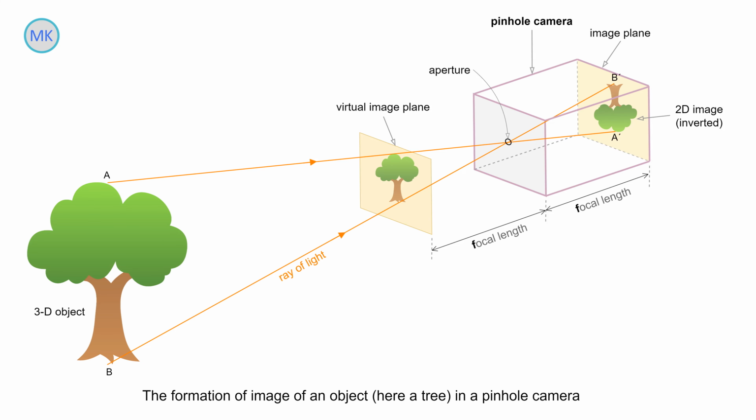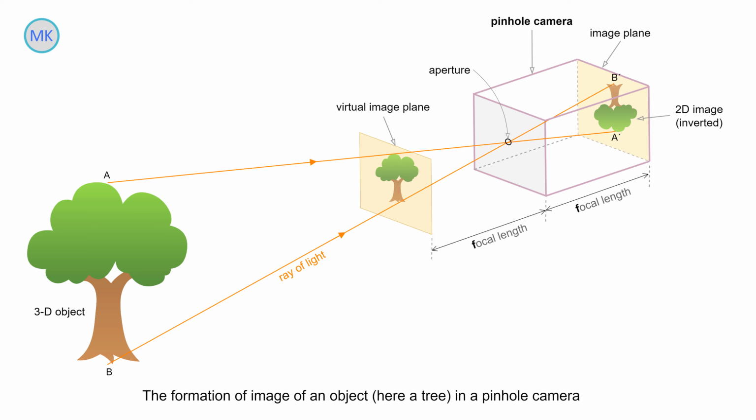A pinhole camera is a simple camera without a lens and with a single small aperture. Light rays pass through the aperture and project an inverted image on the opposite side of the camera. Think of the virtual image plane as being in front of the camera and containing the upright image of the